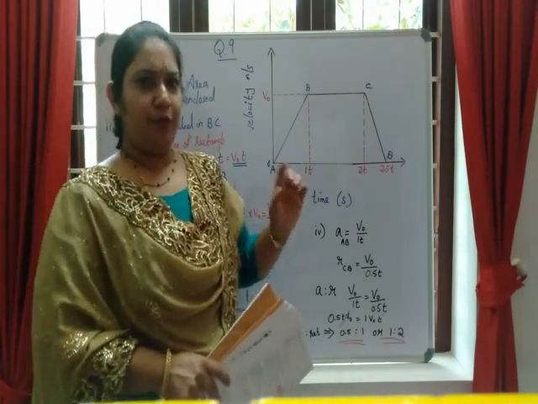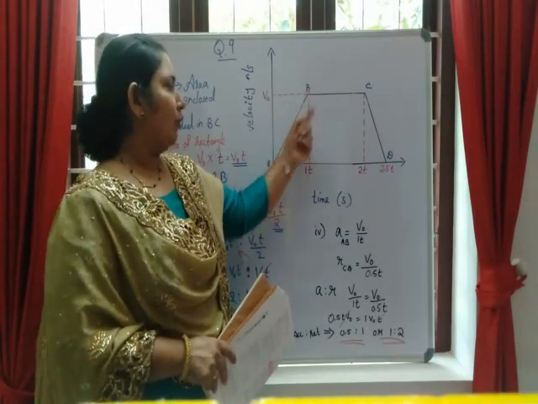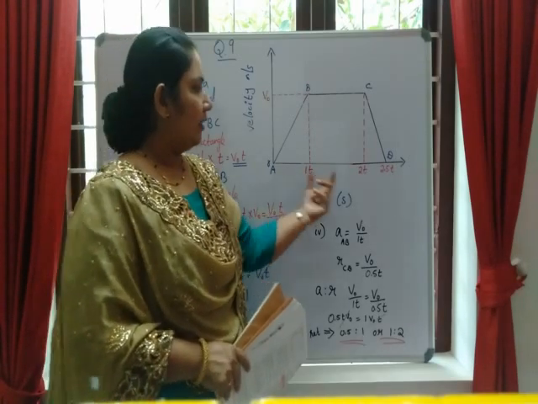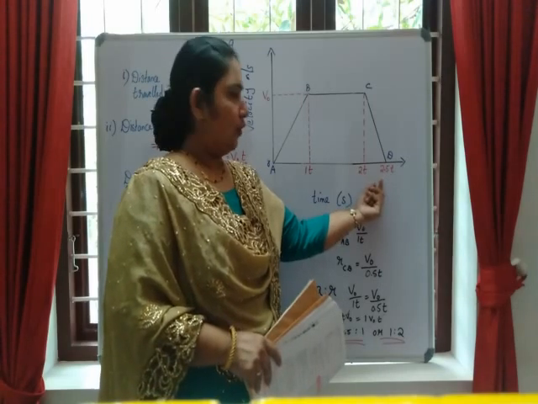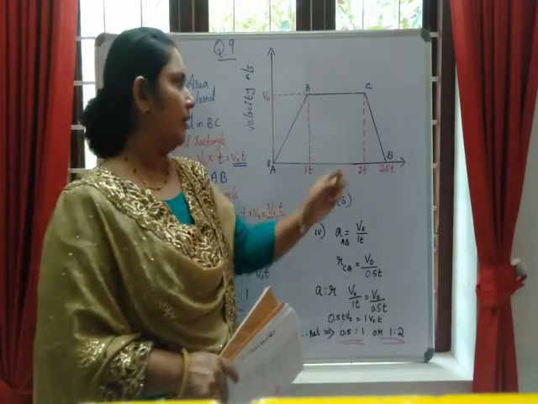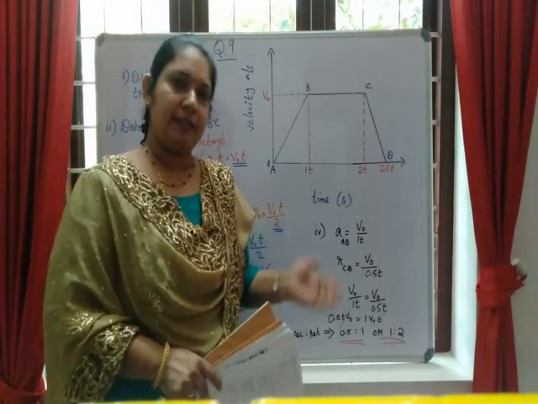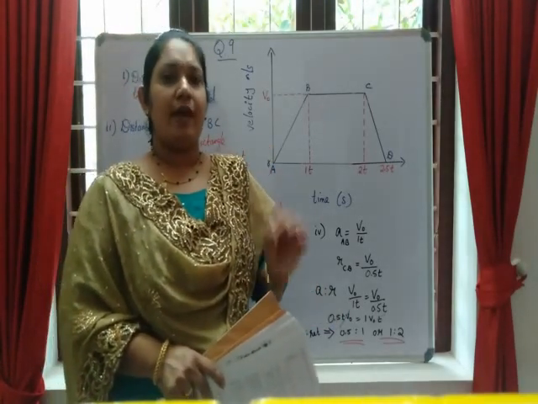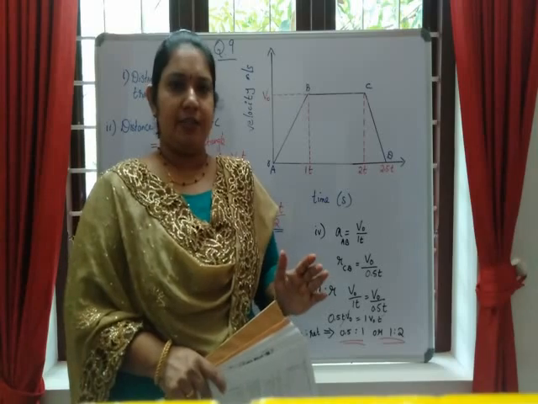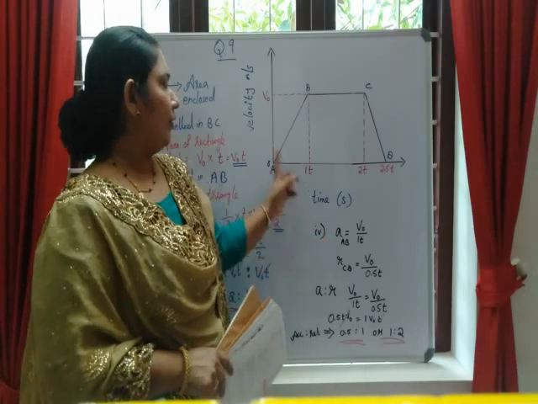So from the graph, if you use your common sense, it is clear. The body reaches its maximum velocity within 1 second. Okay. And retardation, how much time does it take? Within 0.5 second, 2 to 2.5. That means within 0.5 second, from the maximum it reaches 0. So you are asked to compare the magnitude of acceleration and retardation. When you are asked magnitude, you don't want to consider the negative sign of retardation. Just we have to consider the value, magnitude.